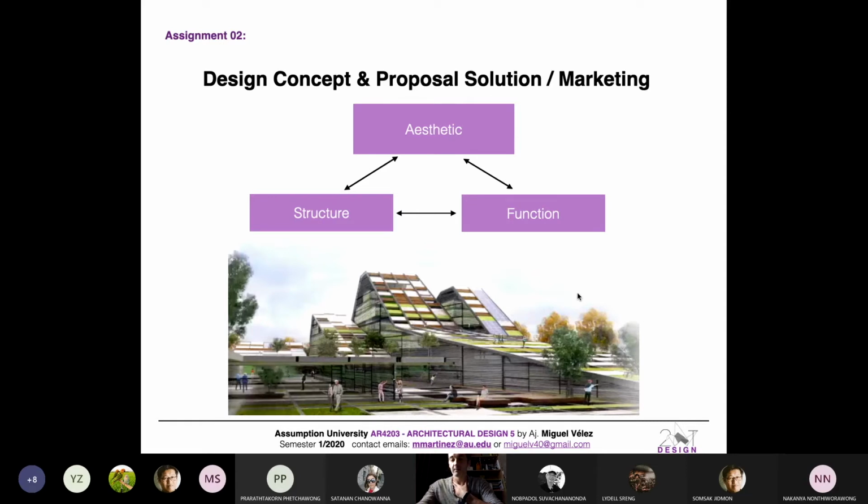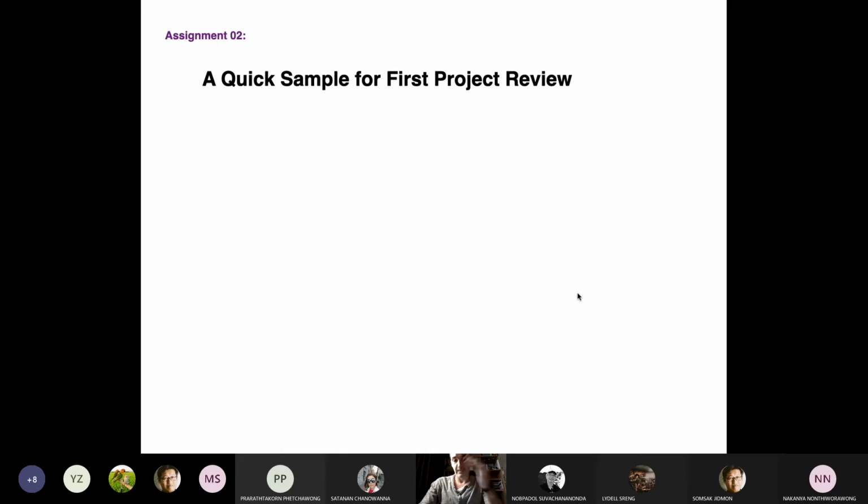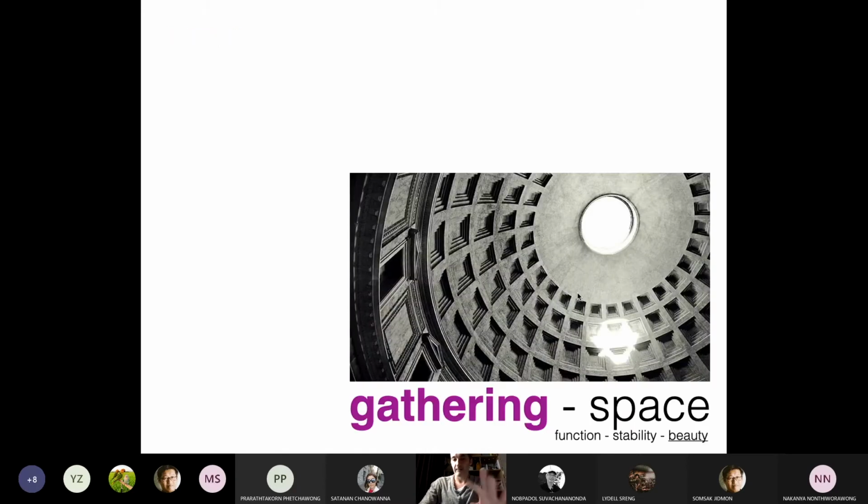Okay, the most of the other 4, at least they have this thing and they know where the direction is going to be, okay? So then let's go to have a few samples. I always put this sample because it's very clear. I think everybody knows this slide. I always put this sample because no one is going to copy this thing. If I put a modern sample, everybody will copy that modern sample, but no one is going to do this collision in Rome, no? Because it's out of fashion, right?